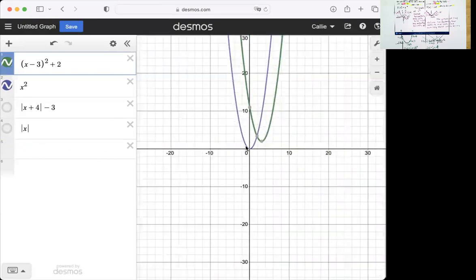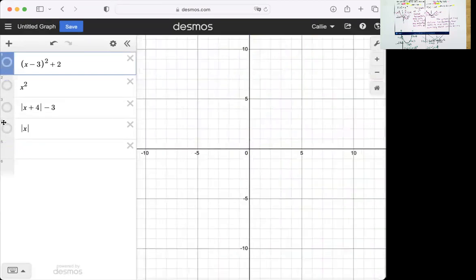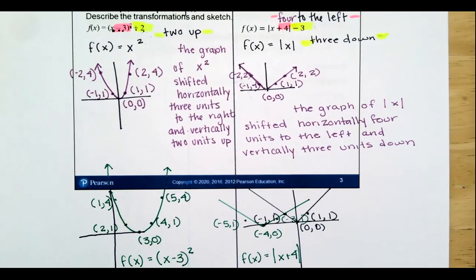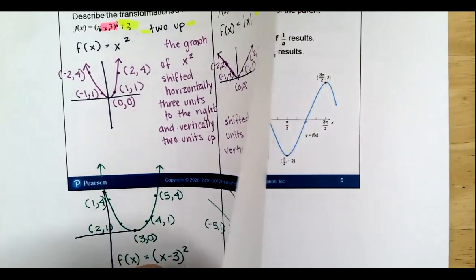It is the same in every other way, okay? Shifted. Then we have the absolute value of x plus 4 and then minus 3. So we can see that that original absolute value of x, the point that was the origin, is now moved 4 to the left, 1, 2, 3, 4, 3 down, 1, 2, 3 down, and there's that point. Instead of being the point 0, 0, it's the point negative 4, negative 3. So as always, Desmos is a valid way to answer all of these questions